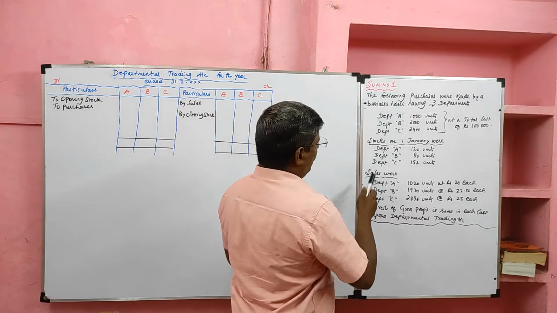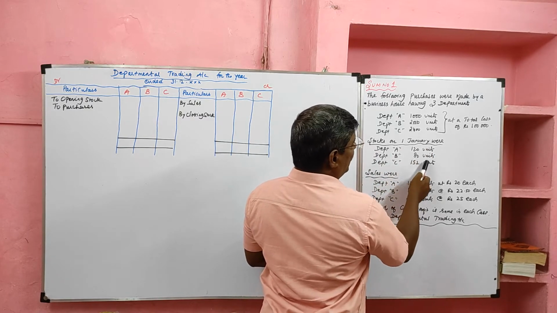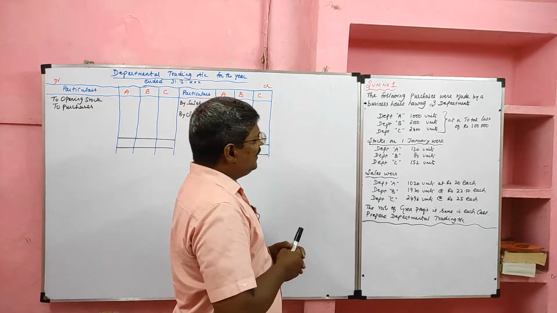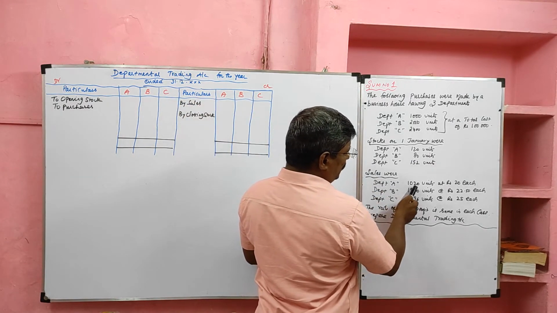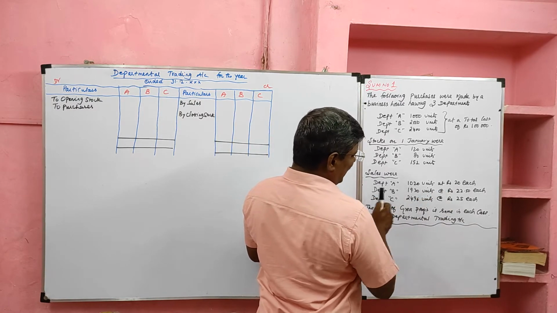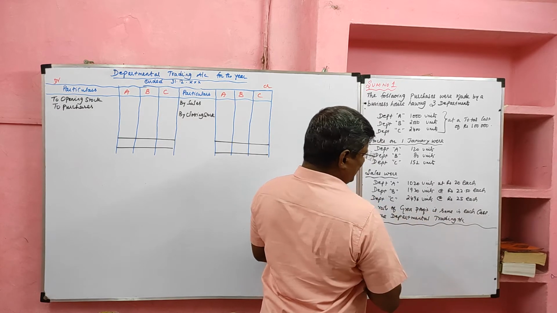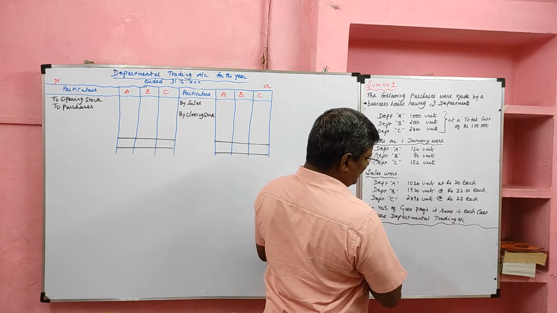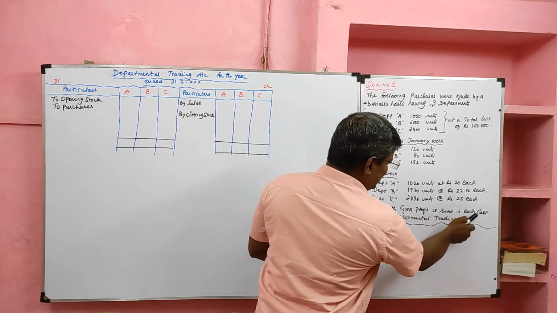Then stocks on 1st January were opening stock given in units. So we have to identify the opening stock in rupees. Then sales were Department A 1020 units sold at rupees 20 each. Department B 1920 units they sold at 22 rupees 50 paisa each. For Department C, they sold 2496 units at rupees 25 each. The rate of gross profit is same in each case.